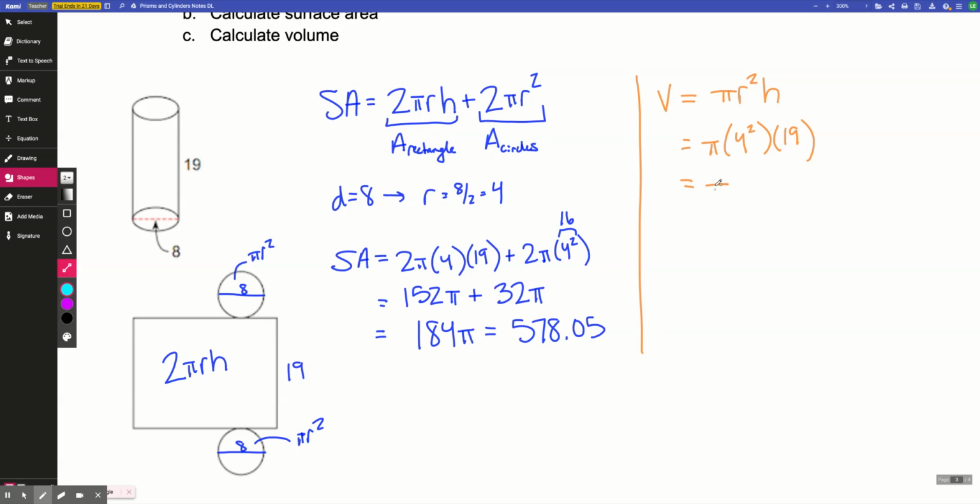Okay, so I have pi times 4 squared is 16, and then I still have that 19 there. So 16 times 19 is 304, and I still have my pi. Now, once I'm at that point, I'm going to do 304 times pi in my calculator, and that gives me